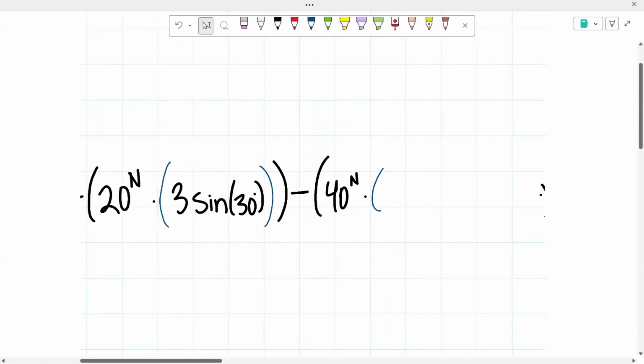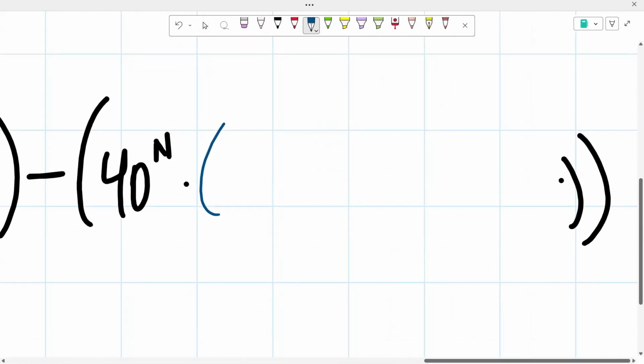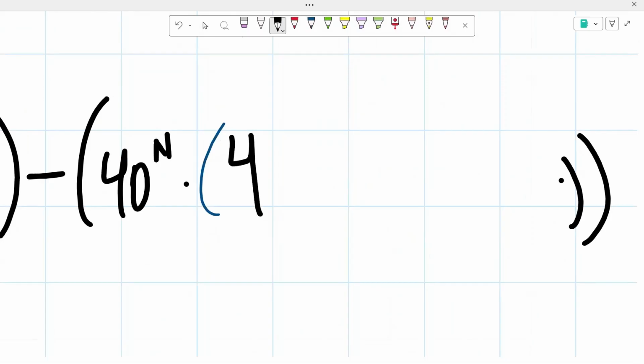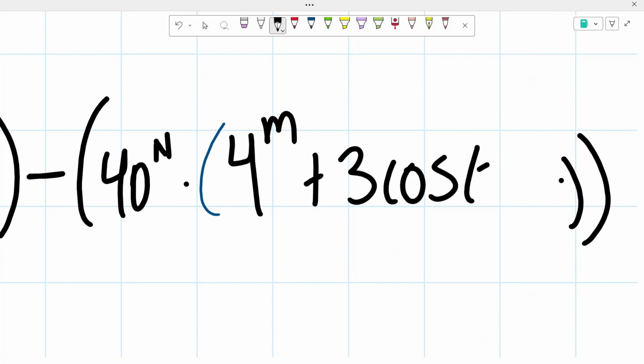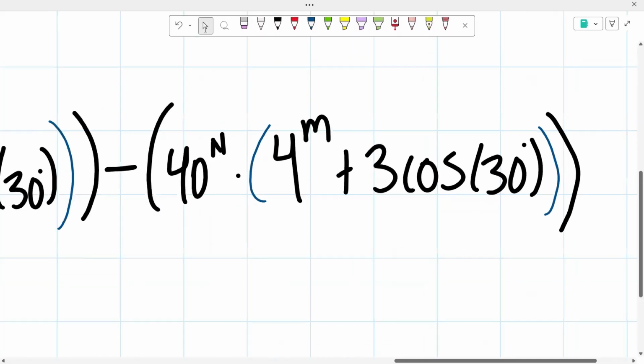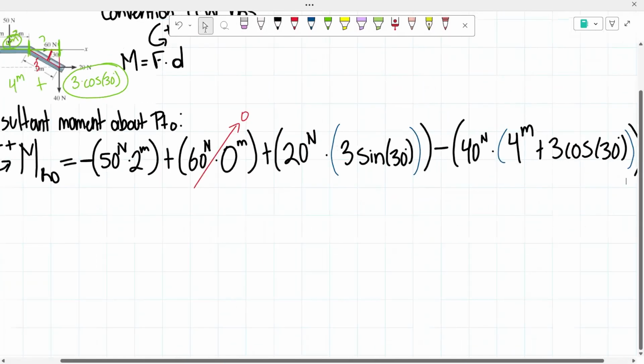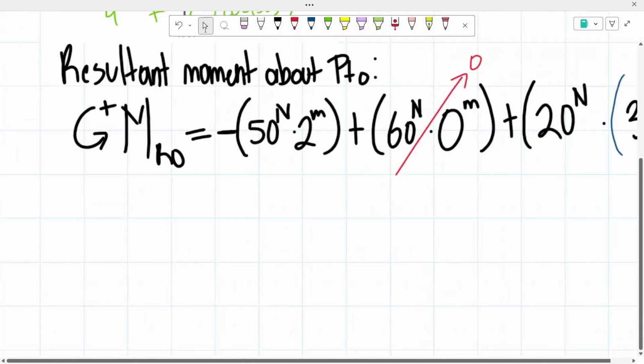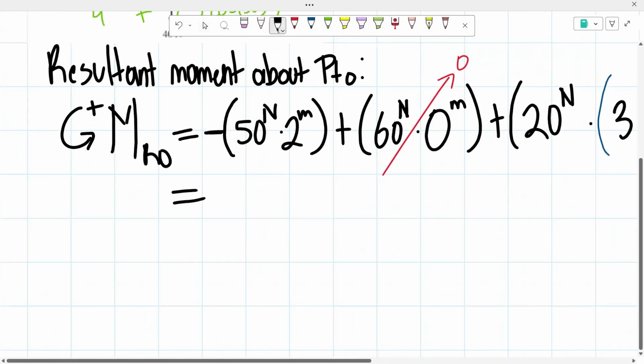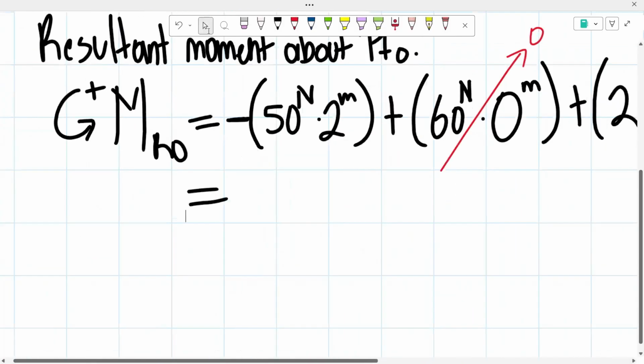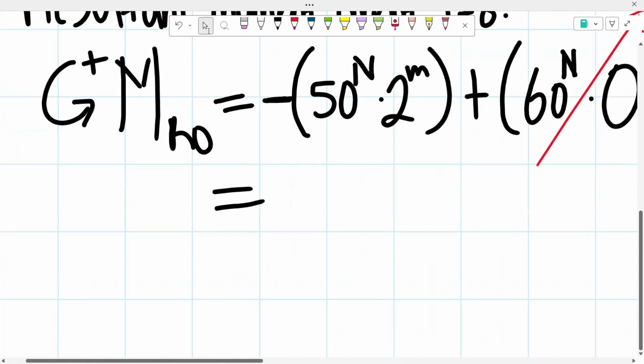So once again, we're going to come over here. We're going to do 4 meters plus 3 times cosine of 30 degrees. And once we input that into our calculator, now that we have all of that, we can input this into our calculator, and we get that